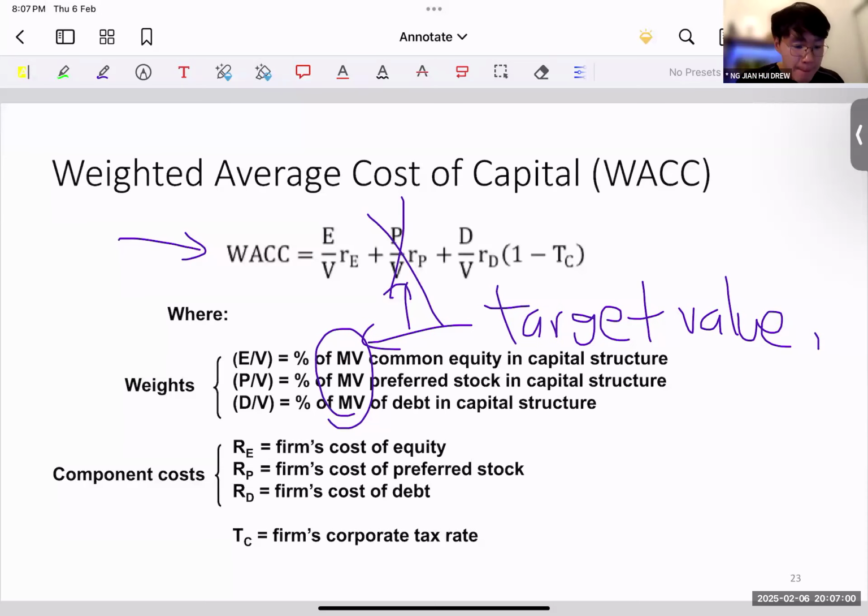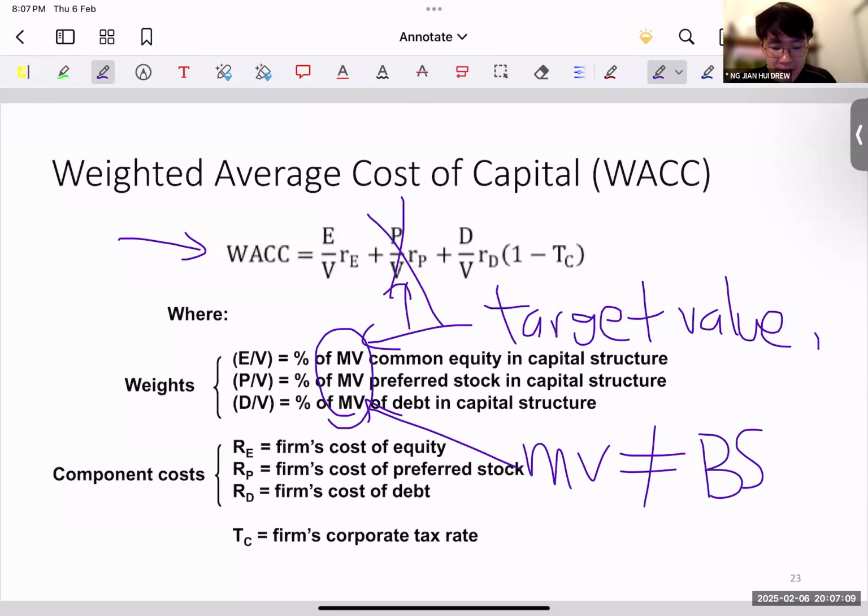I want to highlight again, just emphasize, that market value is not equal to the balance sheet figure. Okay, so market value is not equal to balance sheet. So please be very careful. Do not just say, oh,